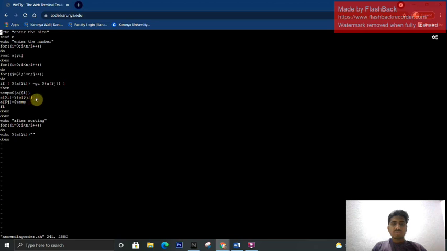Here the values will be swapped. a[$j] is equal to $temporary variable. Here first the temporary variable is stored with the value of i, and here the i and j values are swapped, and the j value is stored in the temporary variable.